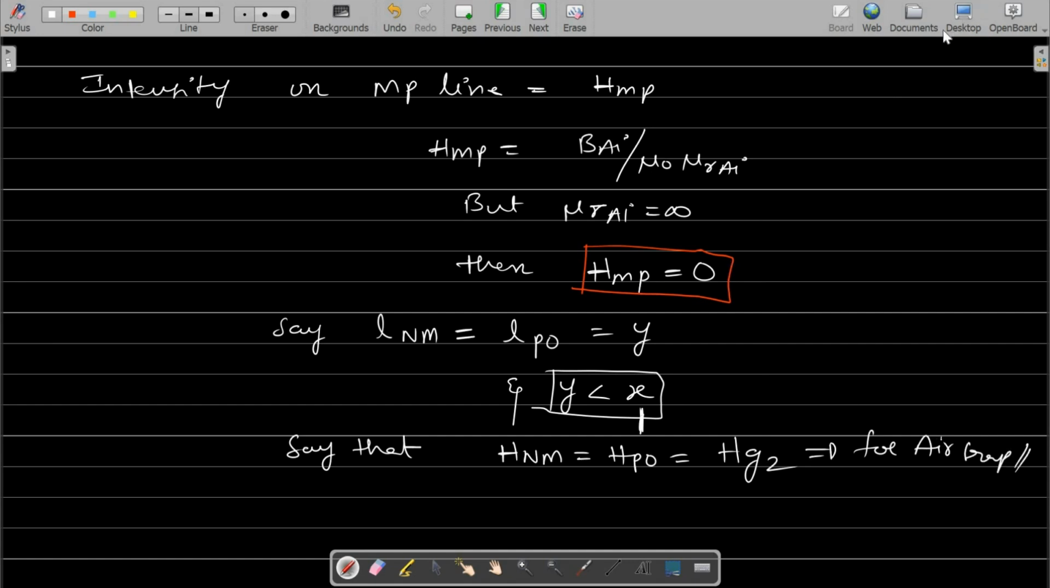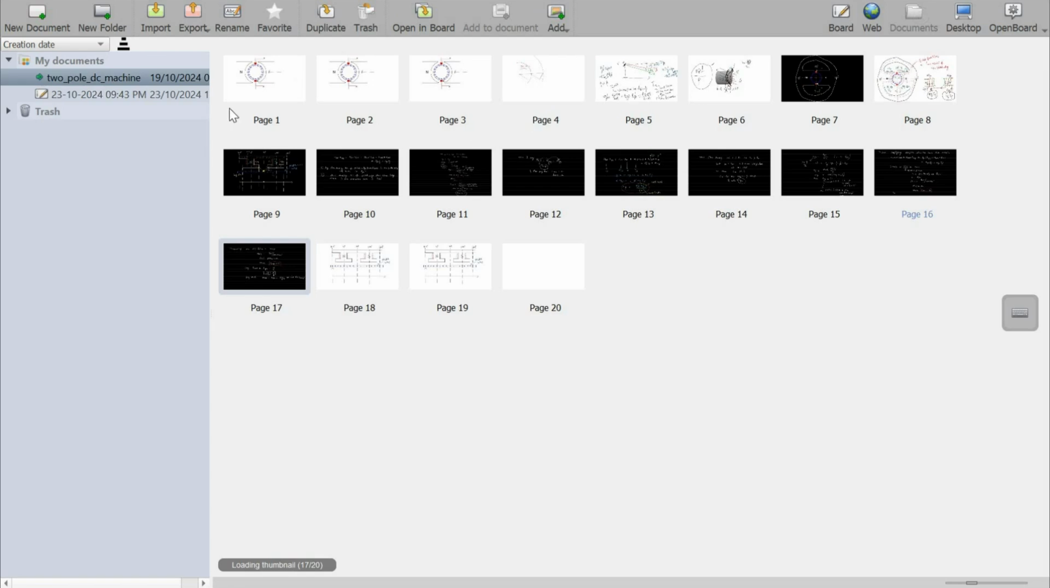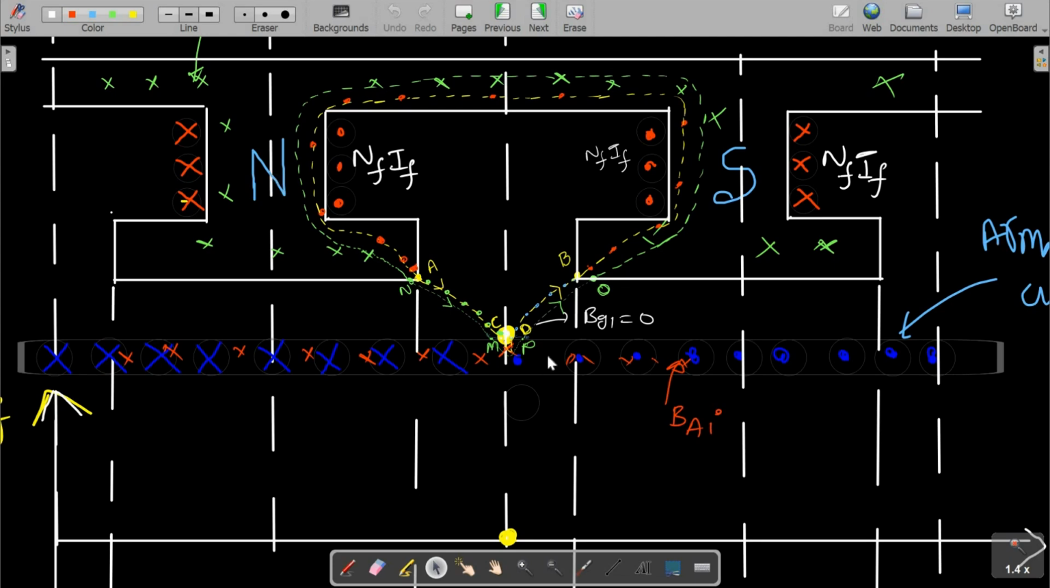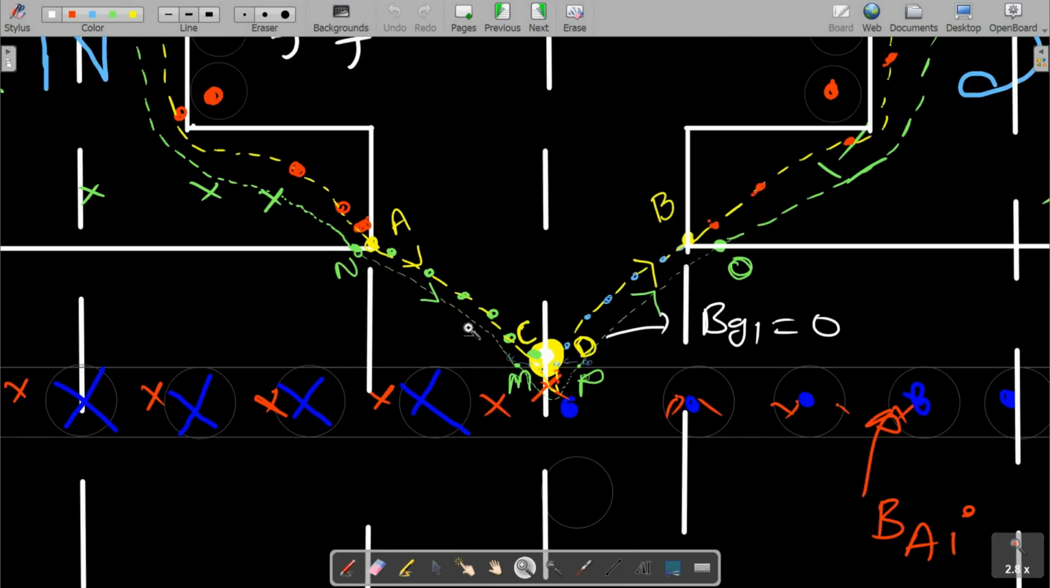So what is the meaning of this thing? See here, the meaning of HNM and HPO being equal to Hg2 is that everywhere on this line NM, and everywhere on this line PO, the value of magnetic field intensity is nothing but Hg2. Now with all these assumptions,